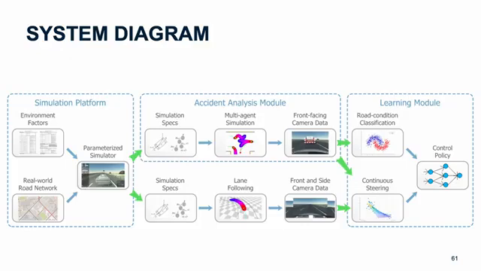It makes certain assumptions regarding the fact that we have a front-facing camera, and it also assumes that we have some of the simulation specs, or we can learn from it. Lastly, but not the least, we have a learning module which will perform road condition classification and learn how to steer based on various factors and develop a control policy for steering and driving. So in this particular system, one of the most important elements is the multi-agent simulation system, which is based on a very novel algorithm that we developed called